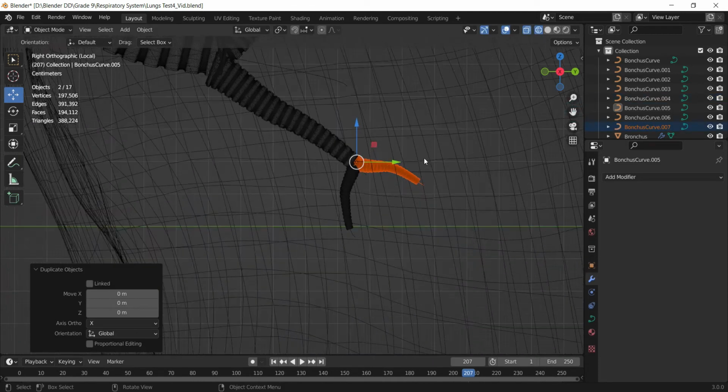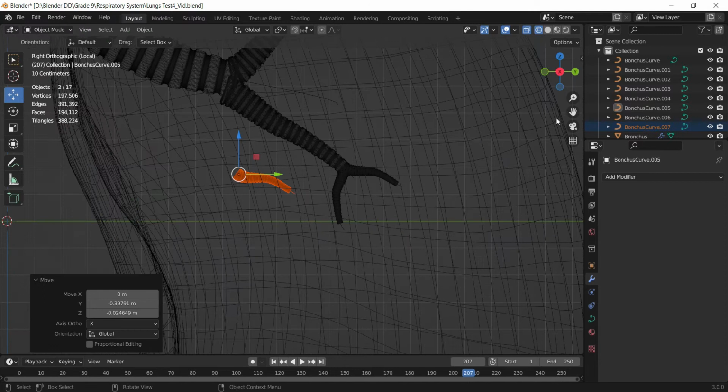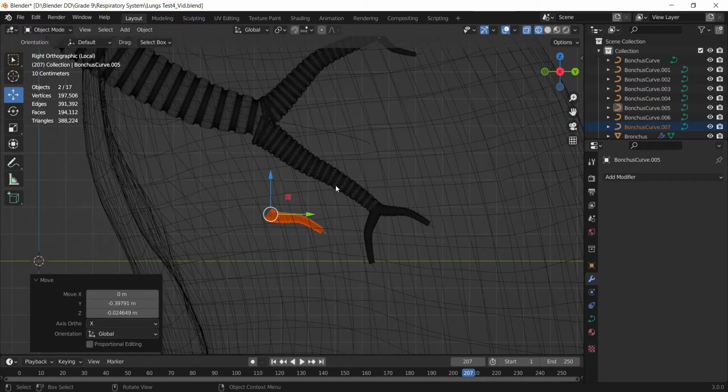Duplicate. So now, it really depends on your design sense. How do you want to design this trachea part?